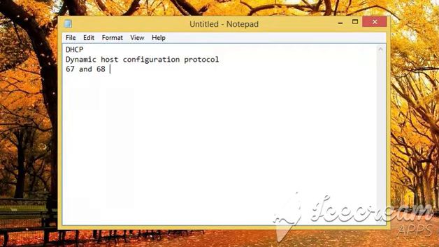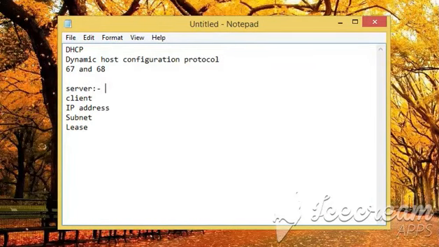Now let me explain the components of DHCP. There are 5 components of DHCP: DHCP server, DHCP client, IP address pool, subnet and lease. First, the DHCP server.